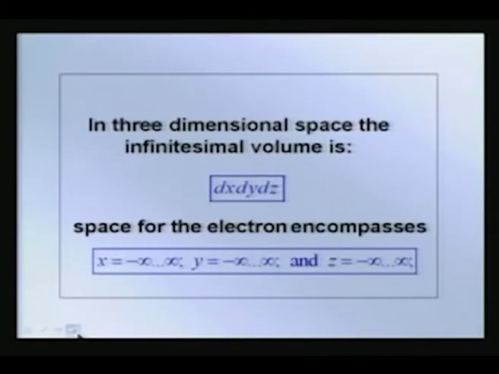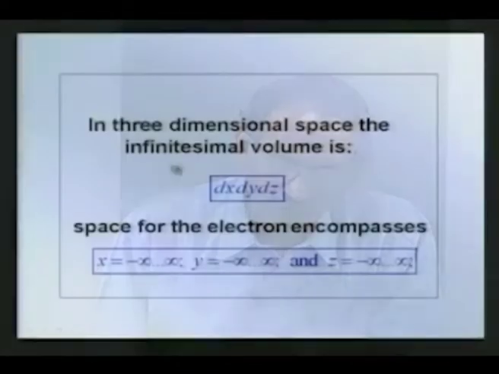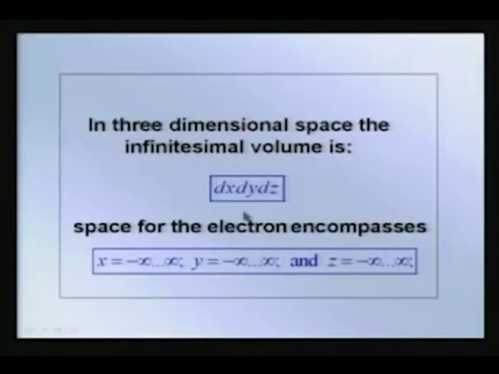You recall that for the hydrogen atom, the coordinates that we started off with were x, y, z. The Schrodinger equation was written in the x, y, z coordinate system, and then, following the conventional wisdom, we transformed this x, y, z coordinate system into the spherical polar coordinate system, r, theta, phi. So the infinitesimal volume, which you need to remember, just as you did in the particle in the 1D box